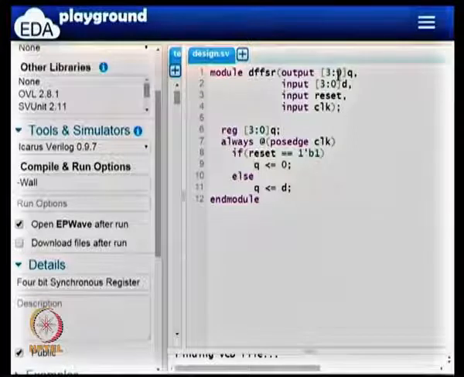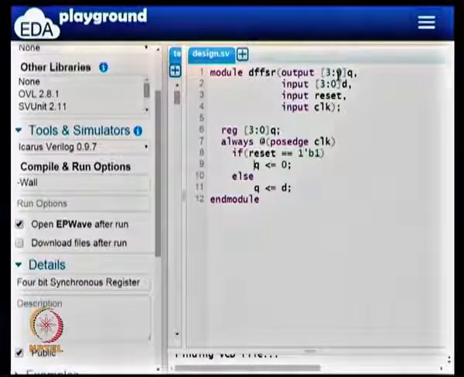This is just for convenience, because designers think about a set of connections in different ways. So Verilog lets you pick indices the way you want. In fact, you can even say Q of 5 to 2.